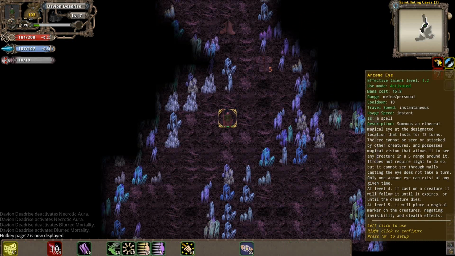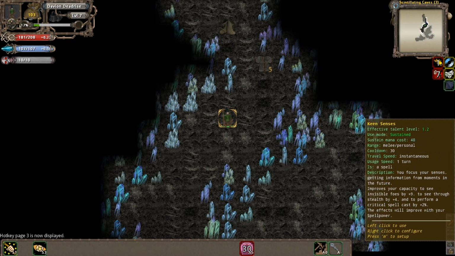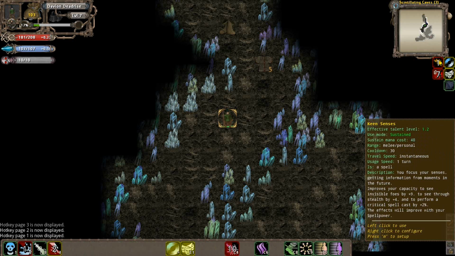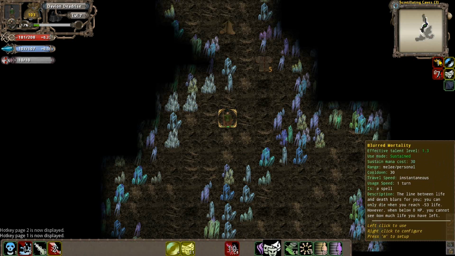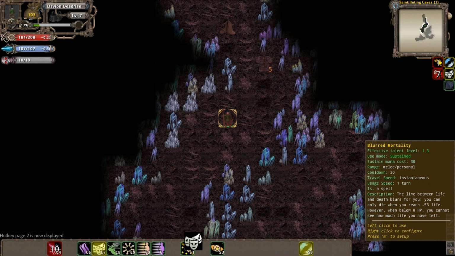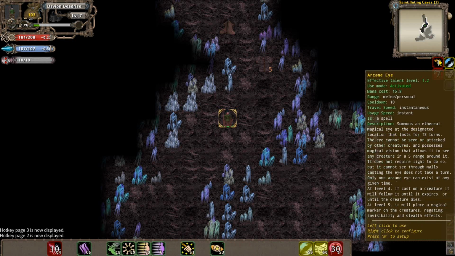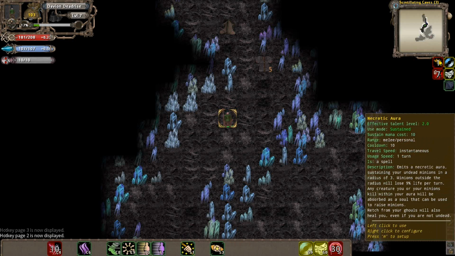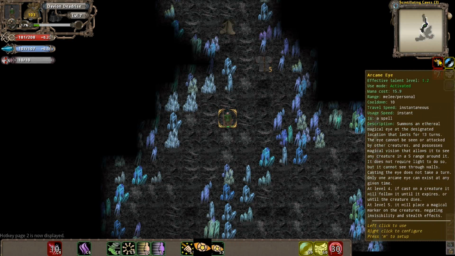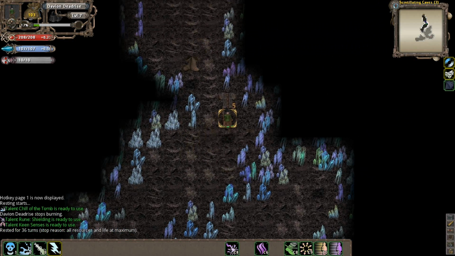So there's Arcane Eye. I'll drop that there. Keen Senses. You know what? We're gonna drop this over here and this over here. I'm gonna just basically drop all this stuff. The sustains. I'm gonna have lots of sustains on this character. And we'll just drop this all over here for me to worry about in the near future. What to turn on. I'm probably going to turn Keen Senses on because it looks good, but...